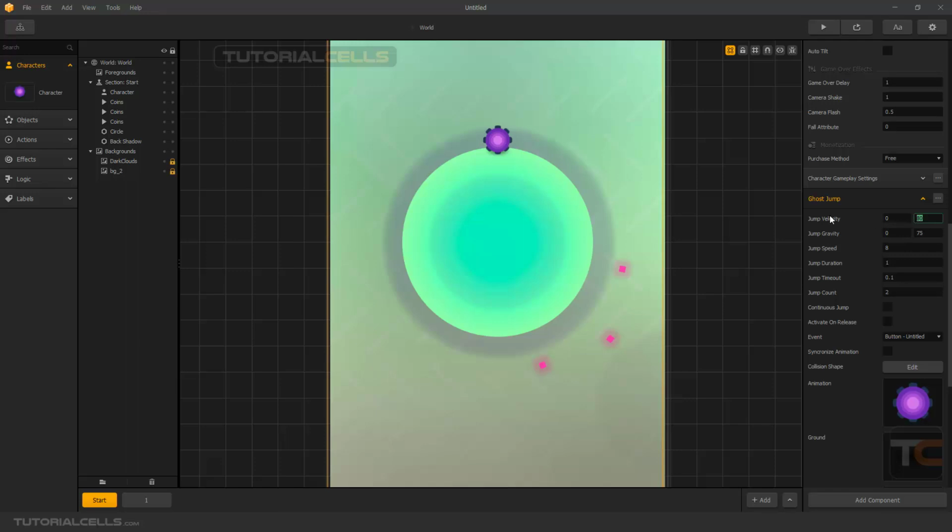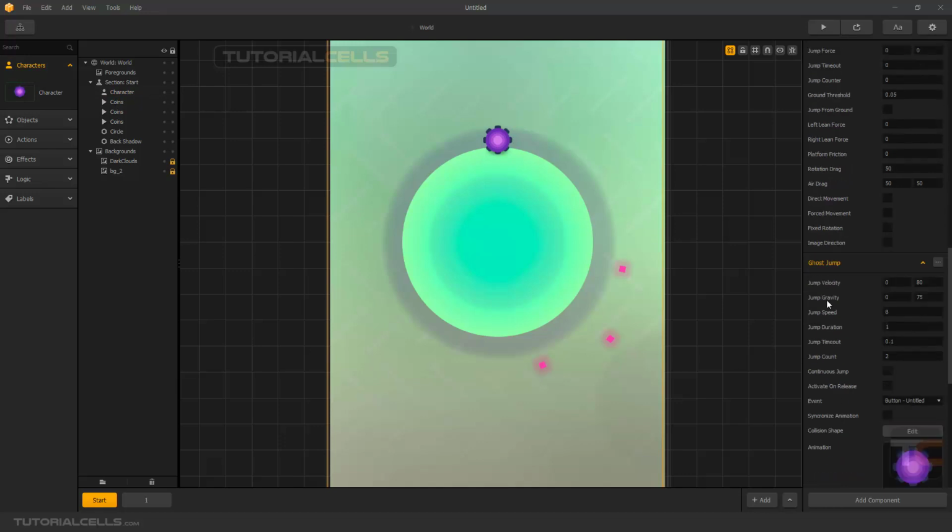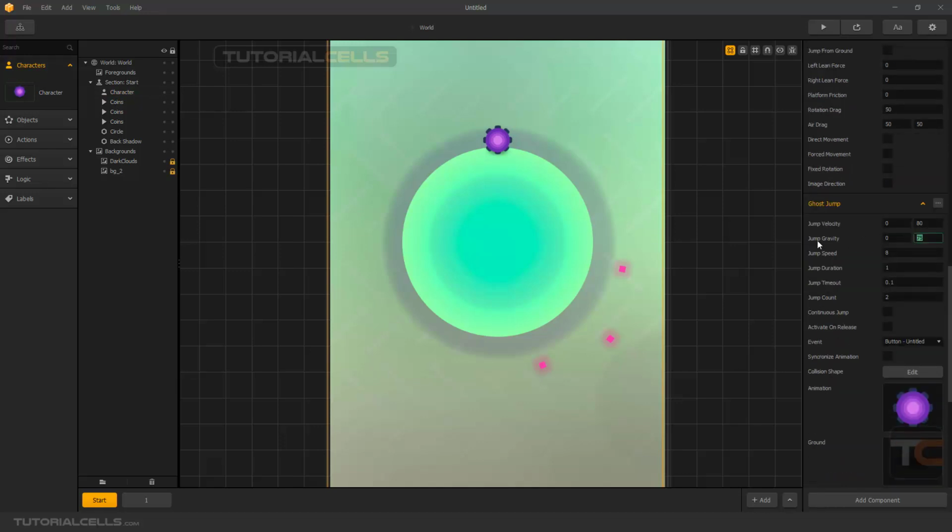Okay, this is velocity, how much distance you want to jump, and this is the jump gravity. If we jump down, if you want to reach the ground faster, we can give a higher number to the gravity. This controls how gravity pulls the jump back to the ground. And you can control the jump speed, jump duration,